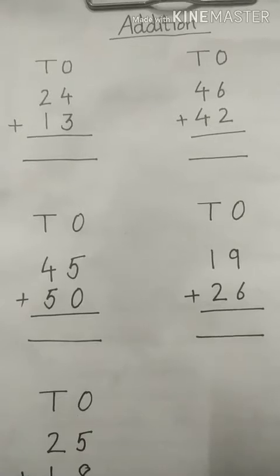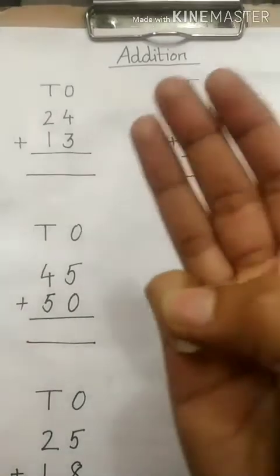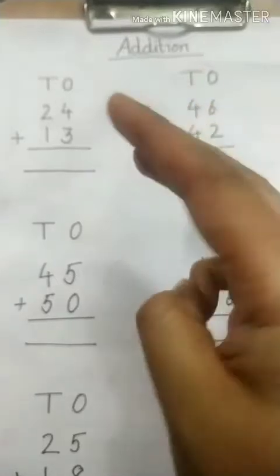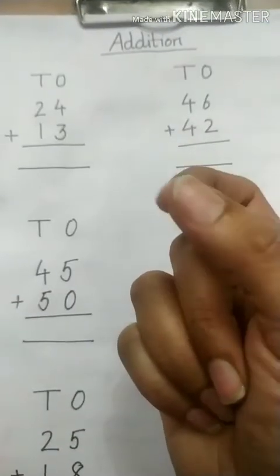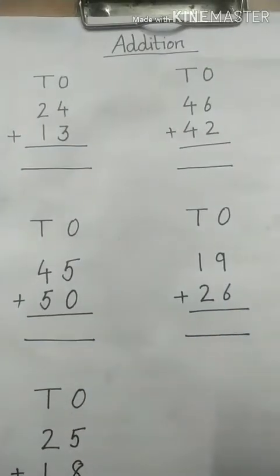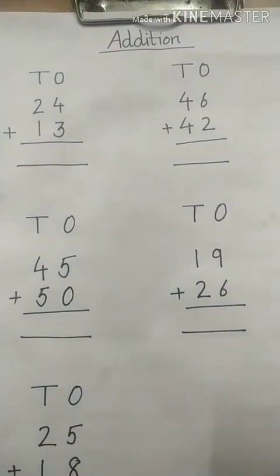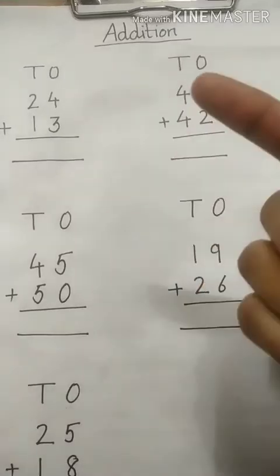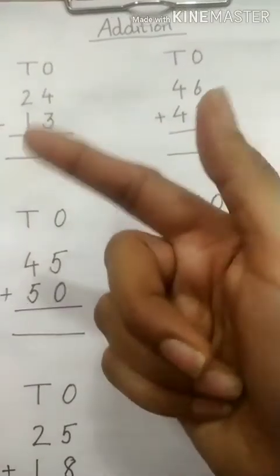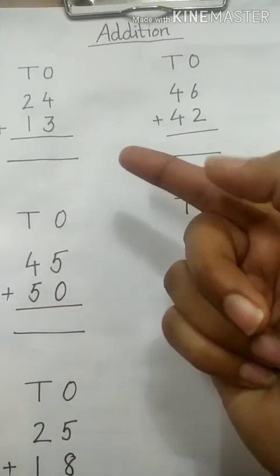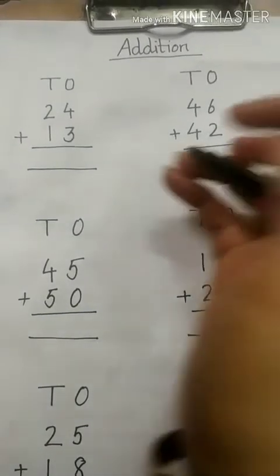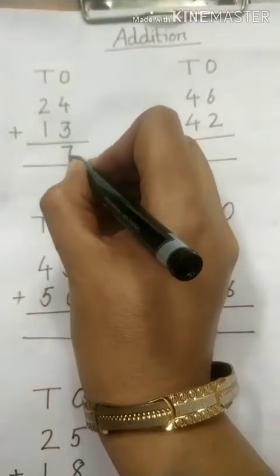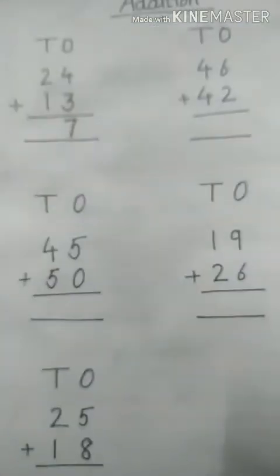You can do like this, that you can take your 3 fingers up as well. And in one finger we do have 3 blocks here. So you can use any of the method or you can directly do in your mind as well. If I say 4 in my mind and 3 forward I need to move, then 5, 6 and 7. So my answer will be 7.